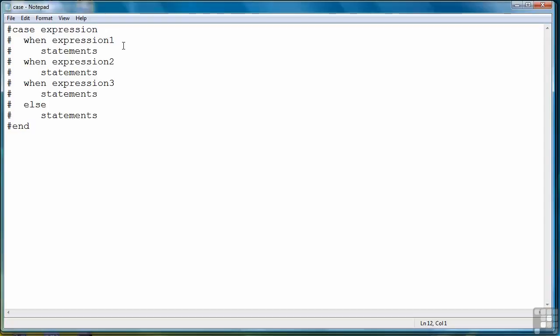Let me show you how it works. First thing we have to do is prompt the user to enter a grade, and then get that grade, converting it to an integer. Now we begin the case statement. So our case expression is case grade, and grade is what we're looking at. So then we write when 90 to 100, or translated, when grade is between 90 and 100, then we'll say